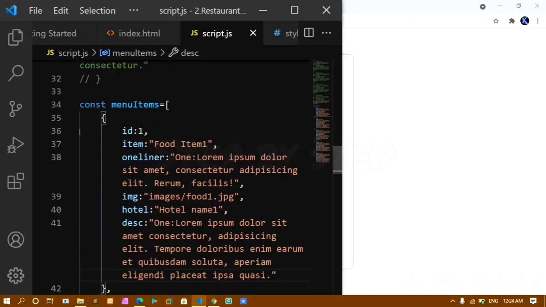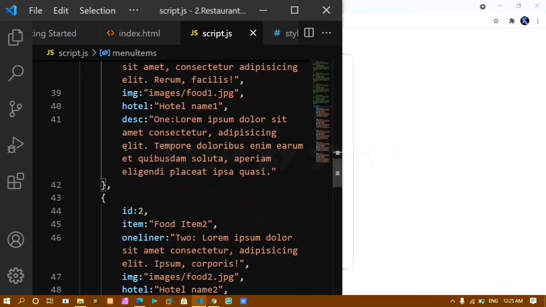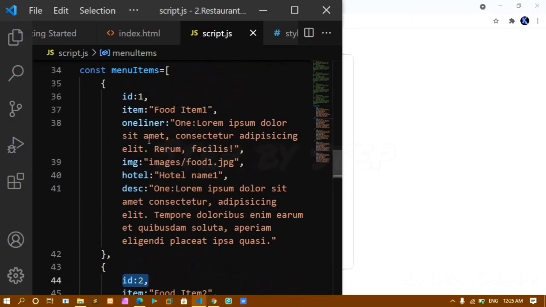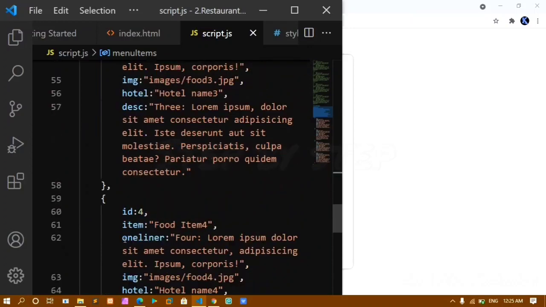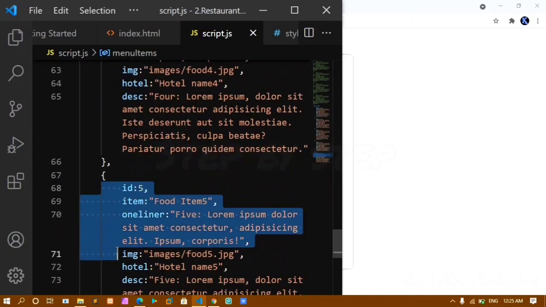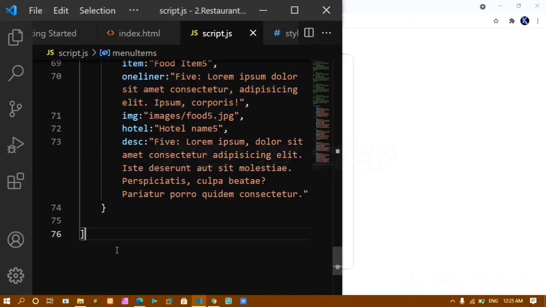As of now we have only 5 data, so I have inserted them inside my array and stored all the data inside my array as objects. You can see this is my first index, this is my second, this is my third. This goes on like this, and I have only 5 data. Now once I have stored the data,